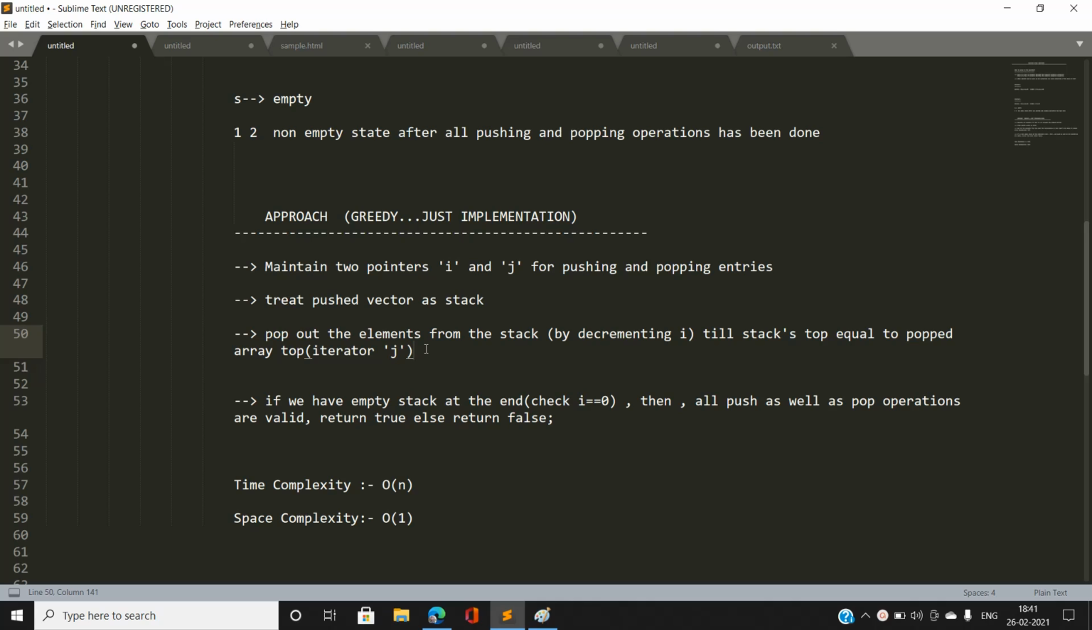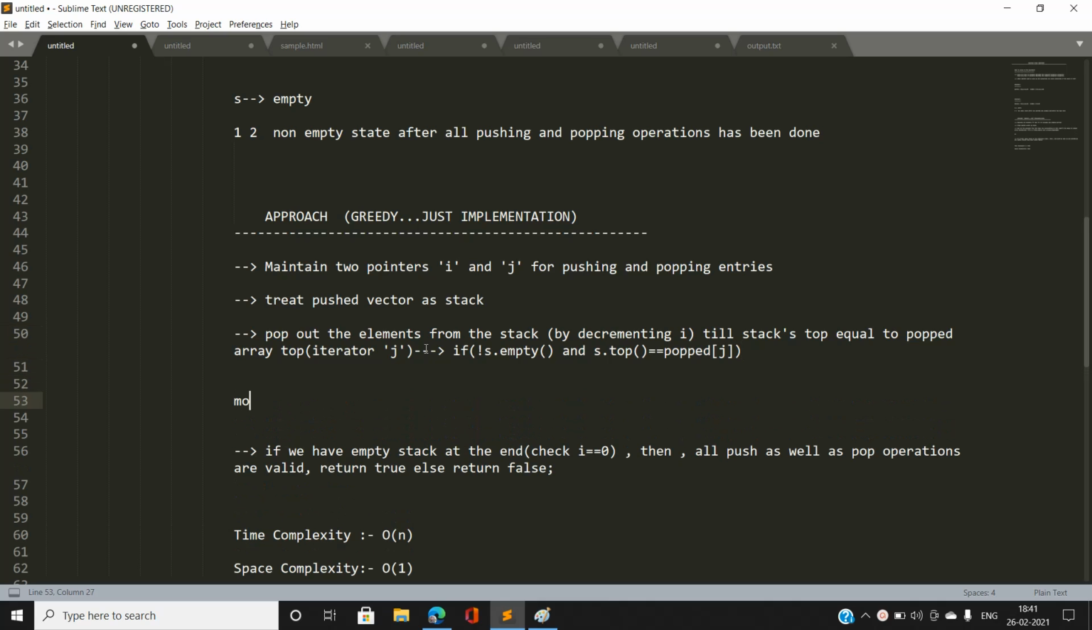That is, in simple words, let me write stack dot, if stack is non-empty, in the concept of stack, if stack is non-empty and stack top is equal to popped, let's say j, you can have this statement. But I am using the iterator here, so the modified statement would be what,